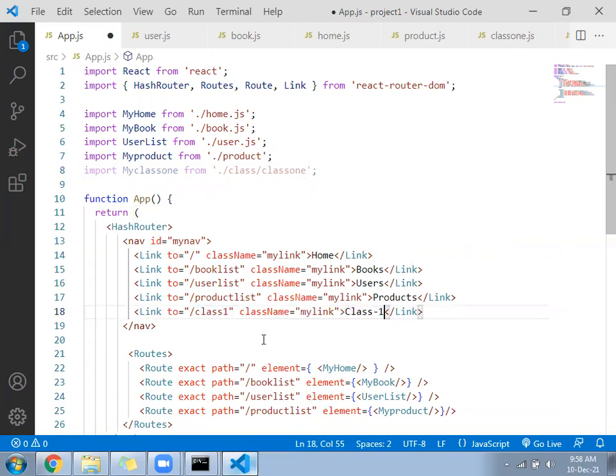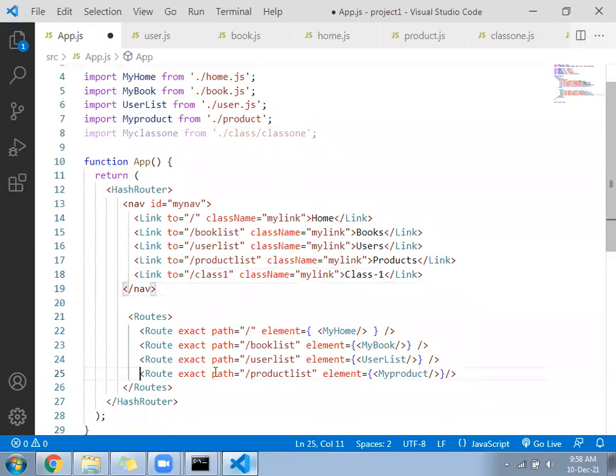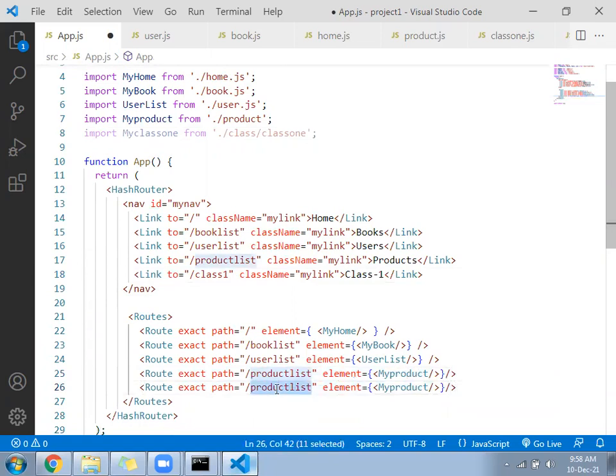Below, you have not written the route exactly, so you can add one more line below and keep here. Path is class1 that we have written just now.